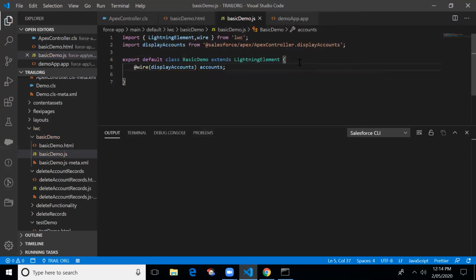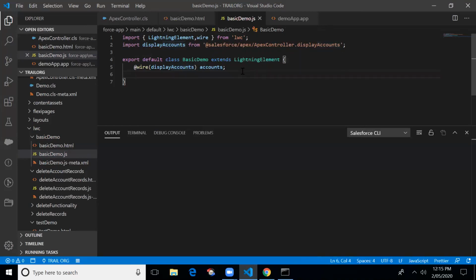If you want to access the data, then we have to access it with this reference variable. It will have two properties: accounts.data for the data, and since sometimes we get an error while processing the data, accounts.error to access the error.